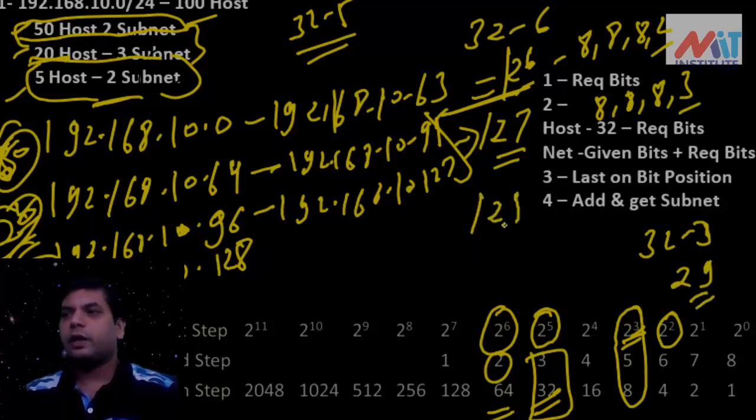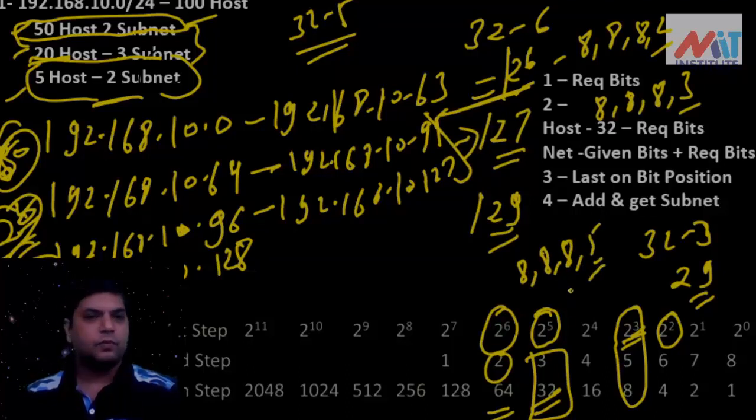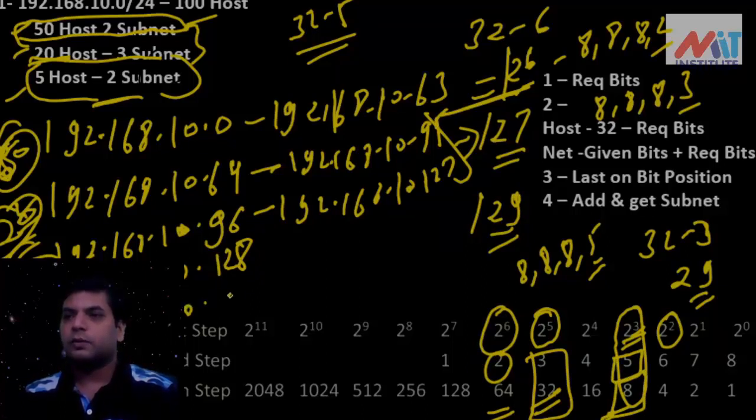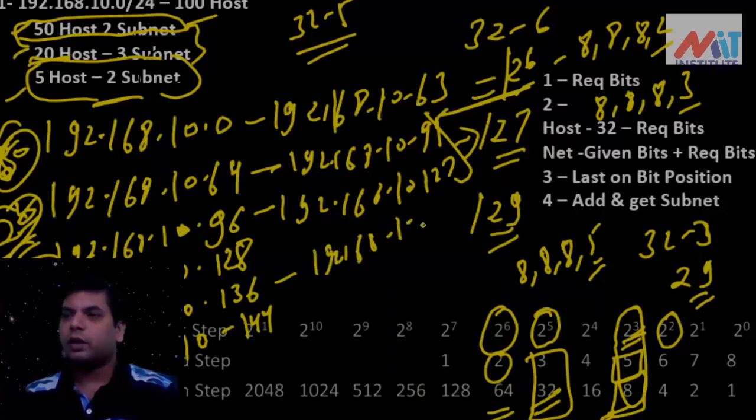So /29, with 29, first octet full, second full, third full, and in the fourth we have 5. Okay, so the position of the last on bit is 5, so we need to add 8. So 128 plus 8 will give us 10.136, and again we will add 8, so 10.144. So this will go to 192.168.10.143 and